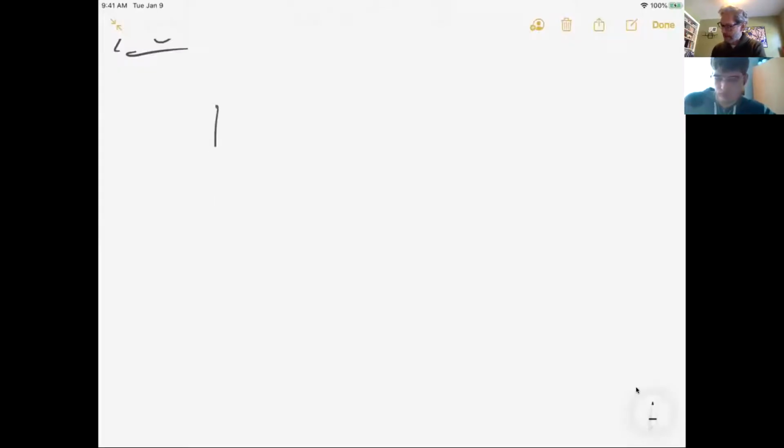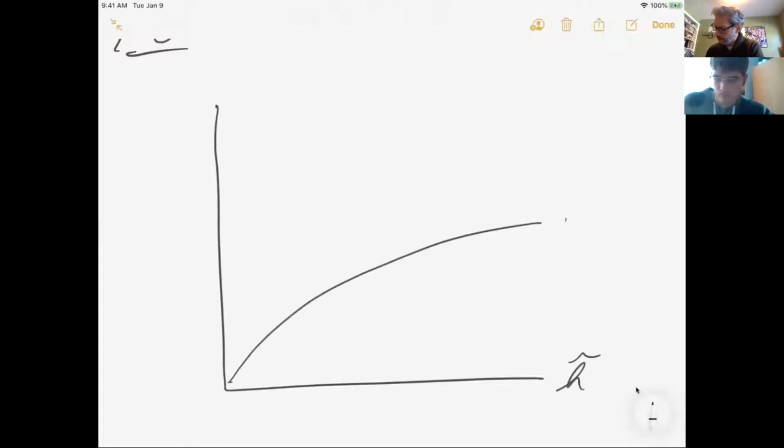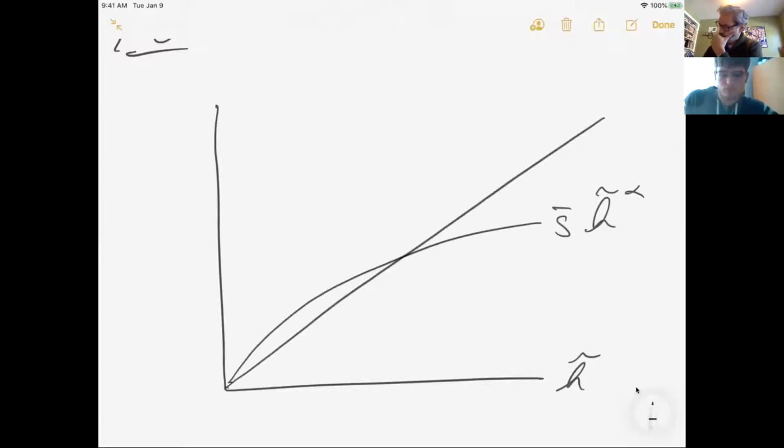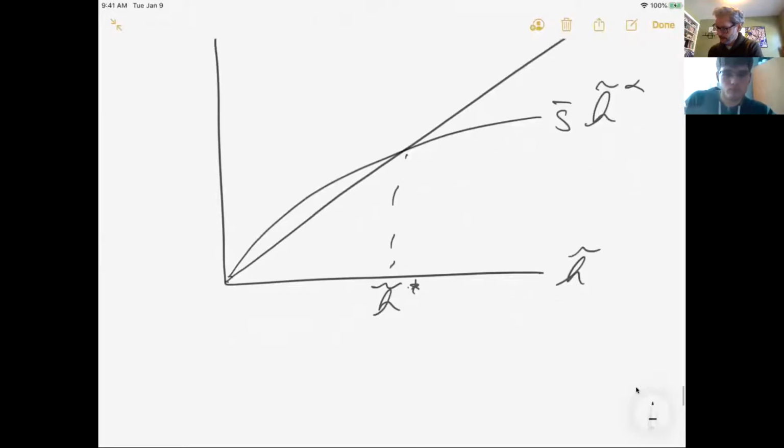Okay, so think about our Solow model. This is actually related to the question you asked in class a little bit.